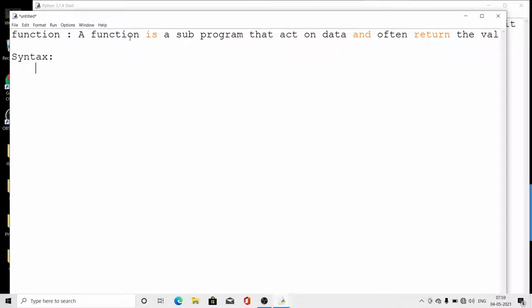Look here. We have to start with the def keyword, then the name of the function, then we define the brackets, in which there is an argument list, or we can say parameter list, and then a colon, and then we write the body of the function.